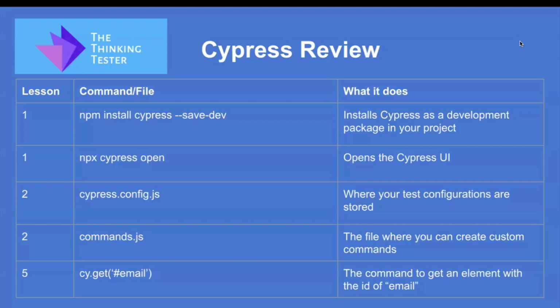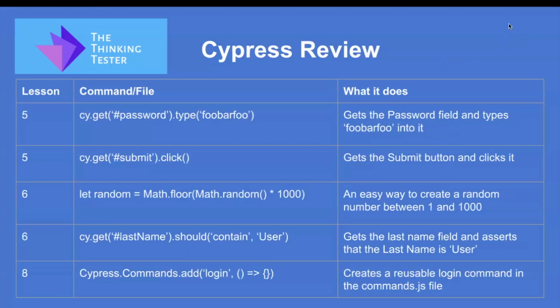In Lesson 5, we learned the command to get an element with the ID of email using cy.get. We also learned the command to get an element with the ID of password, and we learned how to chain the type command onto it so that we could type into the password field. We also learned how to find a button with the ID of submit and how to chain the request to